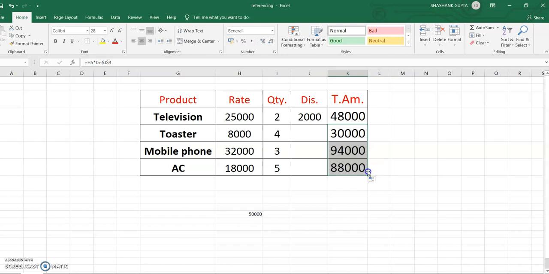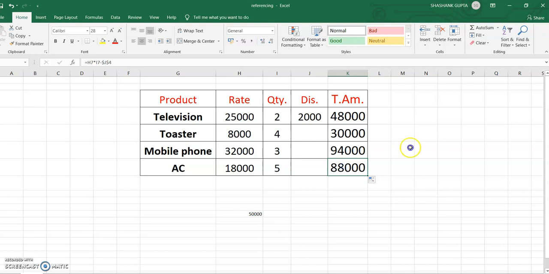You will get the remaining products' total amount. 32,000 into 3, that is 96,000, and by default it will deduct 2,000 as a discount, and the resultant will be 94,000. Similarly for here. So there is no need to write again and again. That is the purpose of absolute referencing.